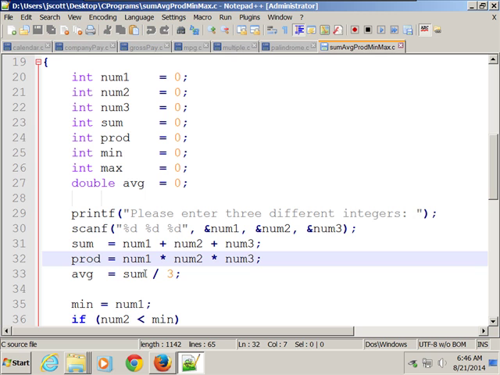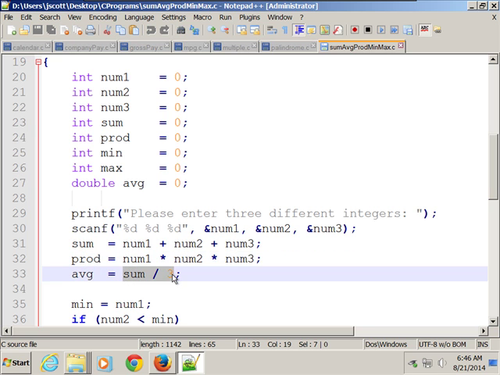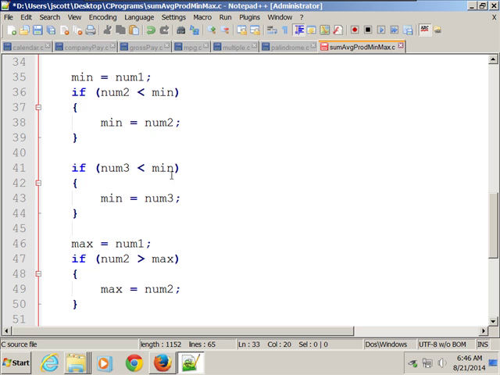This program is not well written because right now what you're doing is you're taking sum, which is an int, and dividing it by 3, which is an int, and then you're putting it into a double. So it's going to do truncation because it'll do the math first, truncate, and then assign it. So I really should have either said double, in other words, I should have cast that, or I should have said divided by 3.0, or if I'm really anal and want to be serious, I could have done them both. But I should have done one or both of those. I didn't.